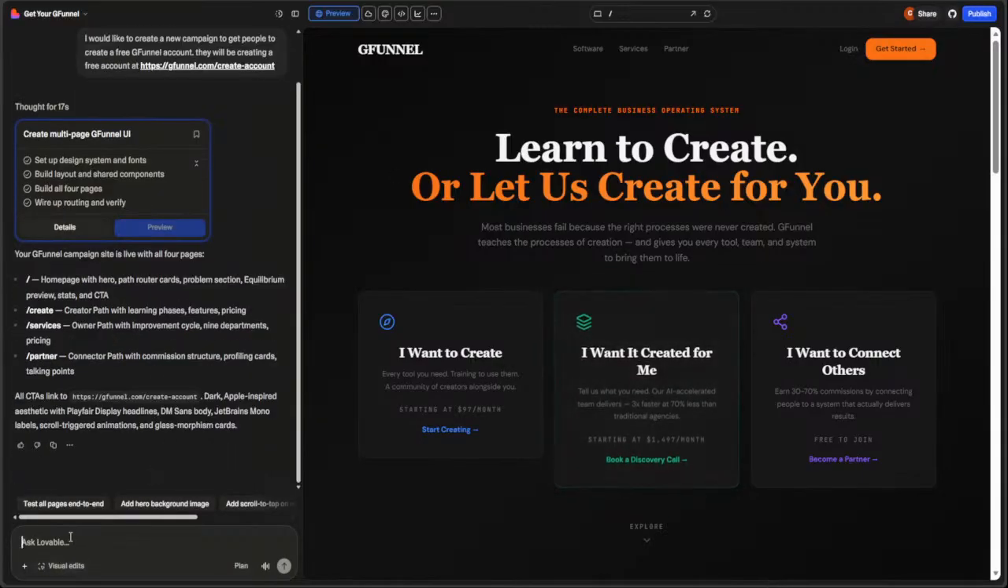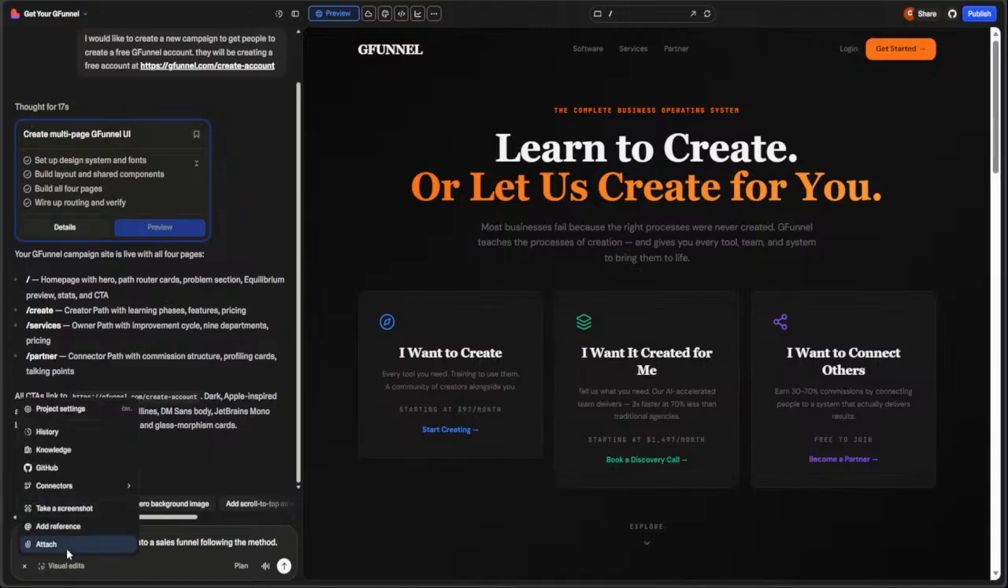So I can say, why the frig didn't you apply this process? And I can say, let's define this. So I can do this. I'll just show you. Let's change the entire website into a sales funnel following the method. And then do you know why it created this? I'll show you. This one, unfortunately,